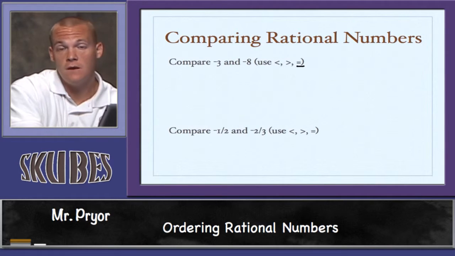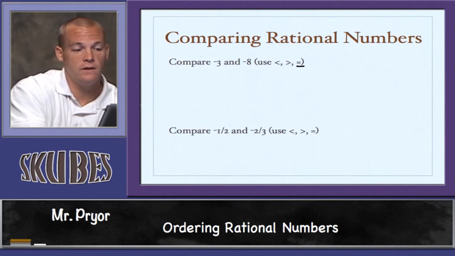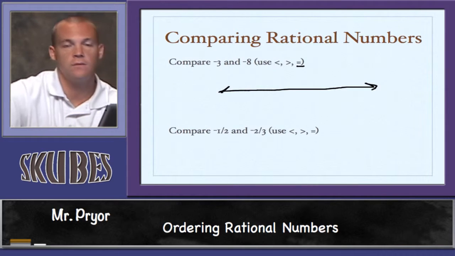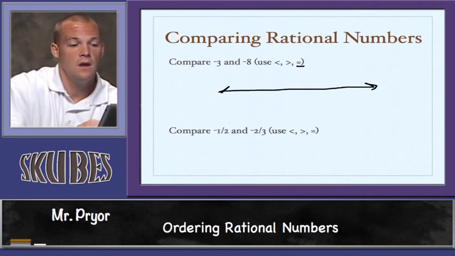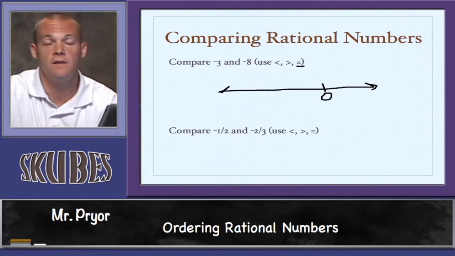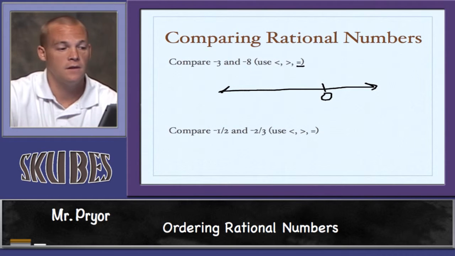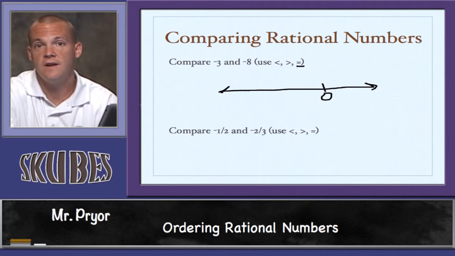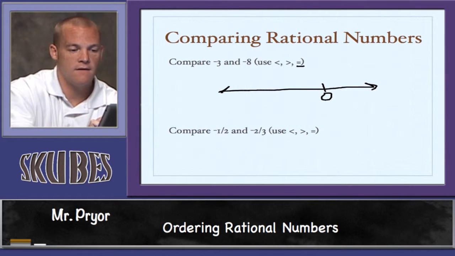The first strategy you may want to implement here is using a number line. A number line is a nice basic way to organize your thoughts when you're dealing with negative and positive numbers. We know that 0 separates your positive numbers from your negative numbers, so I'm going to put 0 on the number line there. We're looking at -3 and -8, so you need to think, where is -3 going to fall? Well, we have -1,